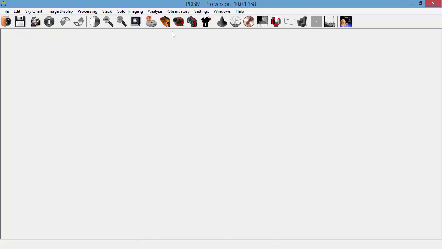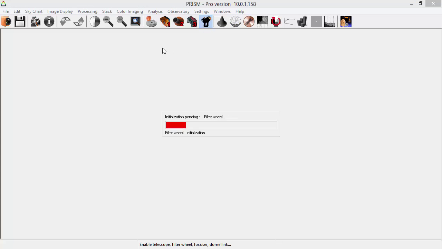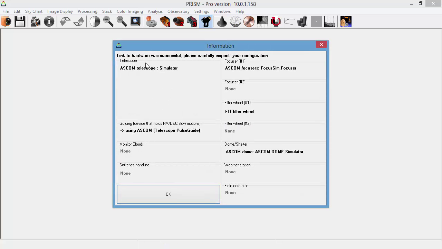It's a two-part process effectively, because the first thing we do is we enable the telescope, the filter wheel, all the other equipment except the cameras. So we click that icon, and then it goes through and starts to select all the different components and link them into the system. And we get a summary which tells us the telescope we're using